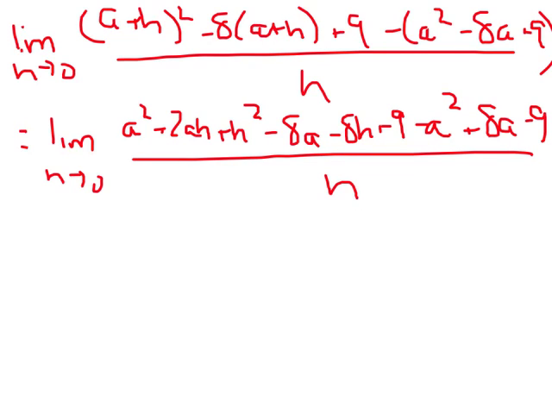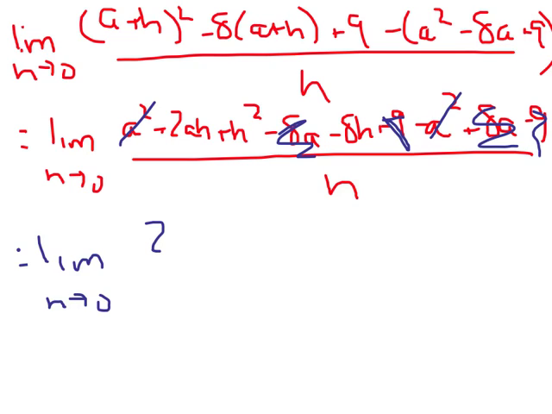I have an a squared minus an a squared, a 9 minus a 9, and a negative 8a plus 8a, which means, what do I have left? A 2ah, that looks negative, but it's not, it's just messy, plus h squared